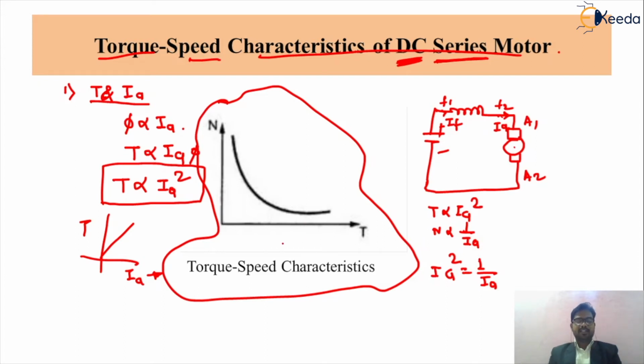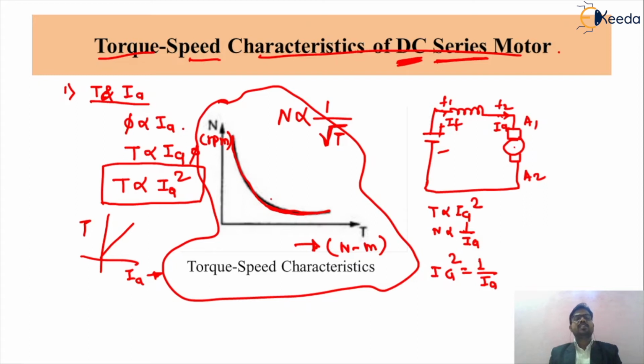And what was that concept? The speed is inversely proportional to torque, and by means of this simple and fundamental equation, we draw these characteristics. It means that while we increase the torque, in Newton meters, the speed, in RPM, of your DC series motor will decrease. So the torque of your DC series motor will be higher at the starting.